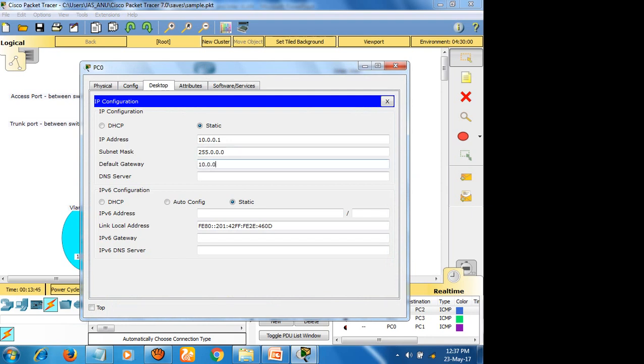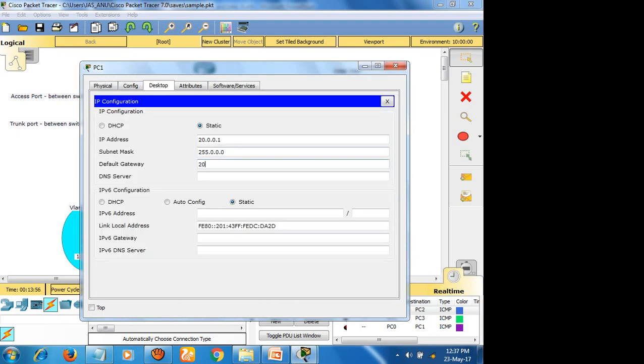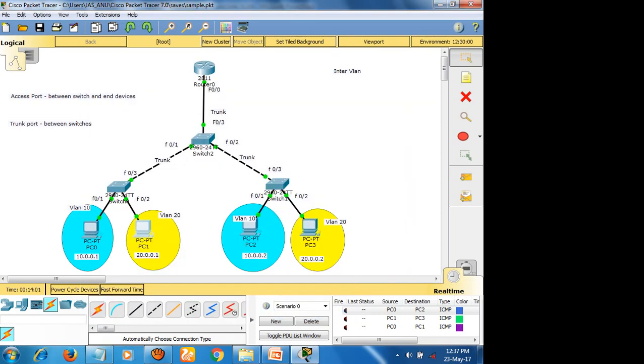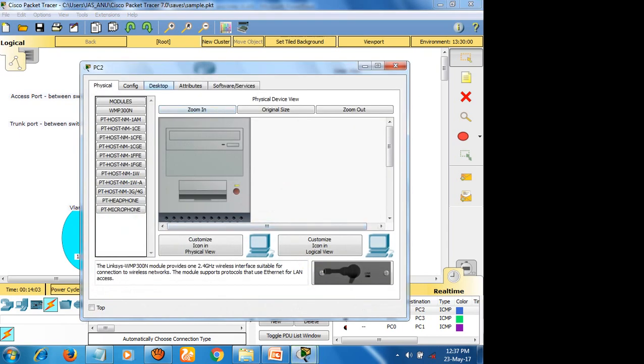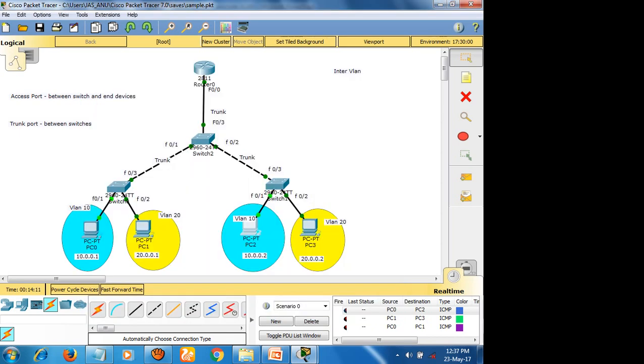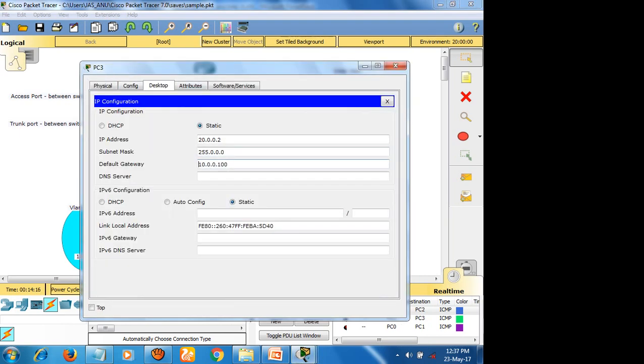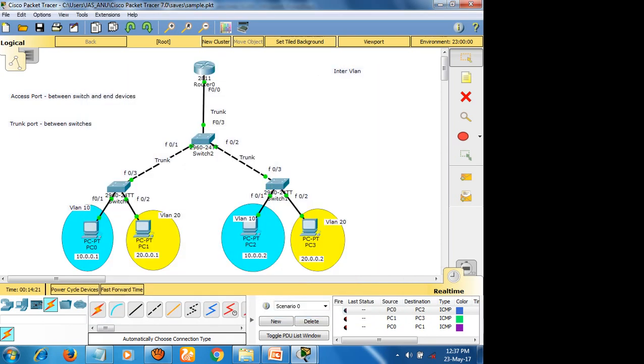In order to handle the 10 network, the default gateway is 10.0.0.100. Likewise for the 20 network, it is 20.0.0.100. So that's it. Everything is ready.